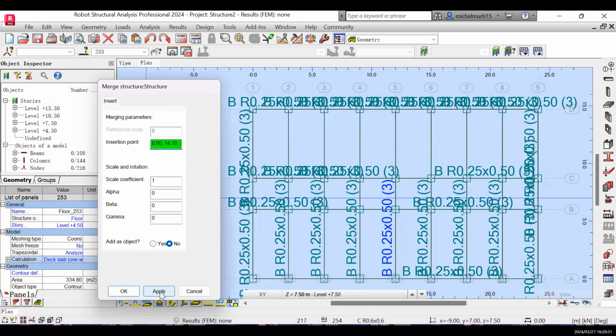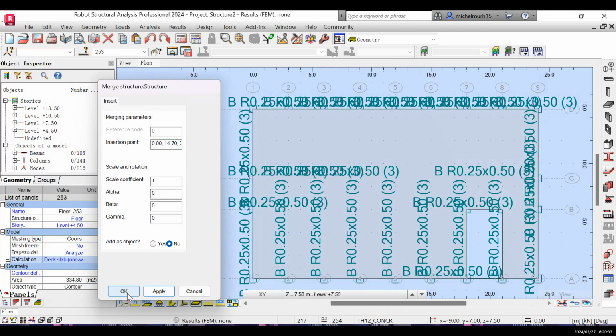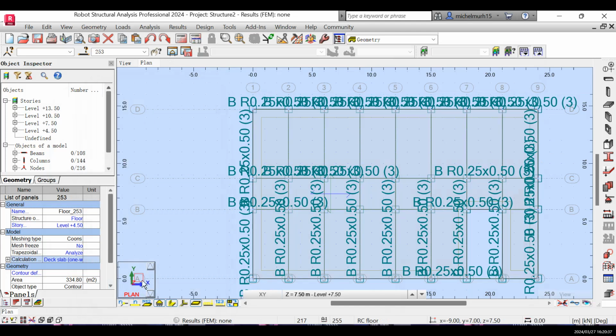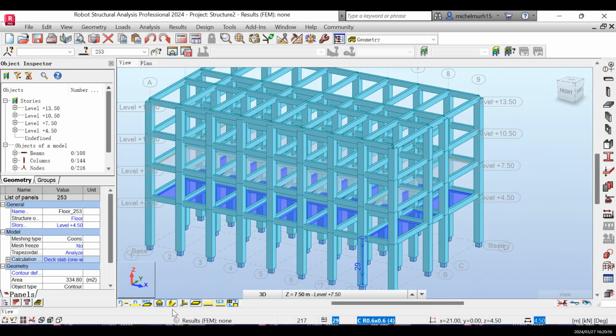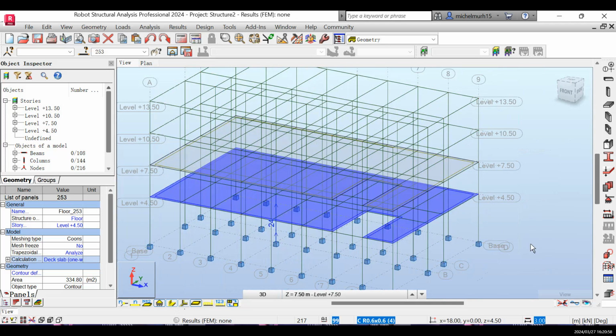And then after that, we can press apply, and then we can press OK. All right, you can press OK. And if you change the view, you might notice that the floor has been copied. I mean, the slab floor of the first floor has been copied to the second floor, right? You can see. Okay, let me remove the shape line here. You can see